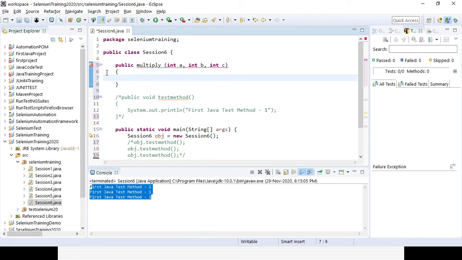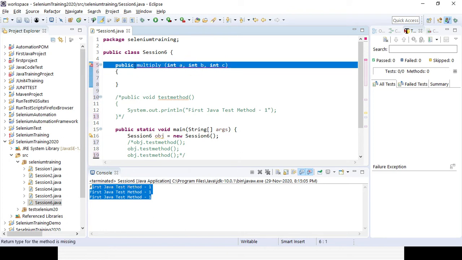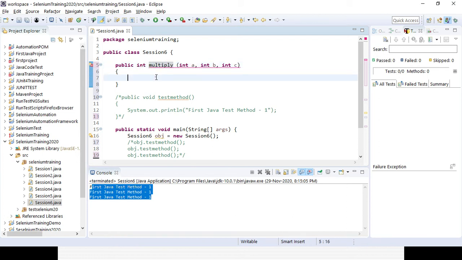You can see an error message is coming. I already created the method structure, so why is the error coming? If you click on the error message, you can see the return type for the method is missing. So you have to give the return type. As all are integers, you give the return type integer as well, so no error message will be thrown. Now you can see the error message is gone.